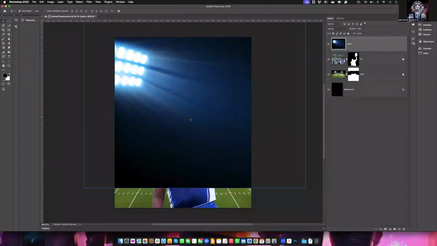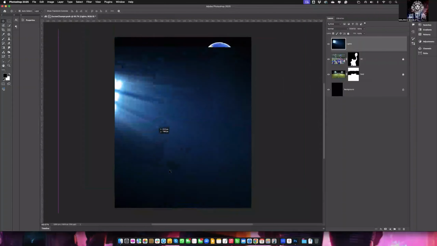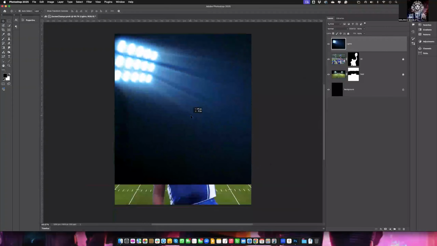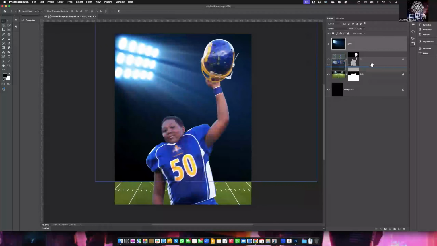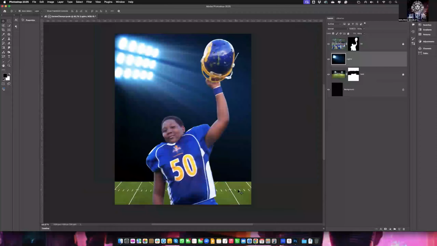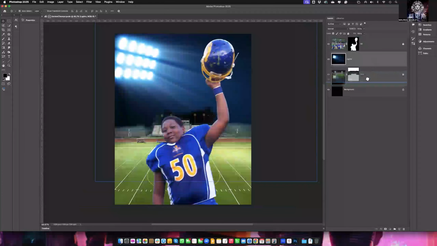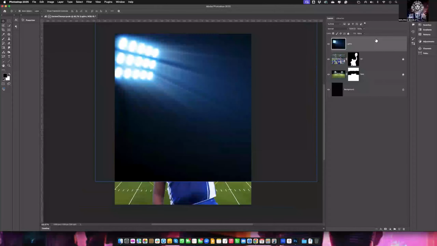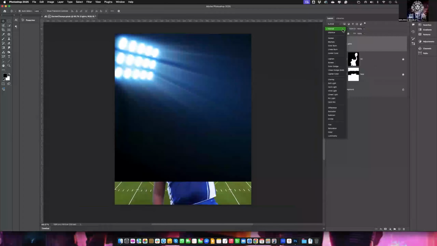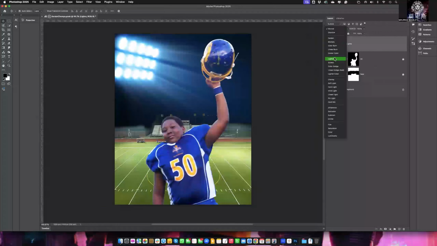Now, this looks ugly, right? It's not what I want. What I want is for the lights to shine onto him, and I don't want this black background or whatever because it hides him and whatever. I can change the stack order to pull this underneath him, but now it's on top of the field. And if I want, I can pull the lights down underneath the field, but now I see that little transition bit that I had going on. That's not what I want. So what can I do? Well, here are your options. In part one, we talked about blend modes. So I could change the blend mode to probably Lighten or